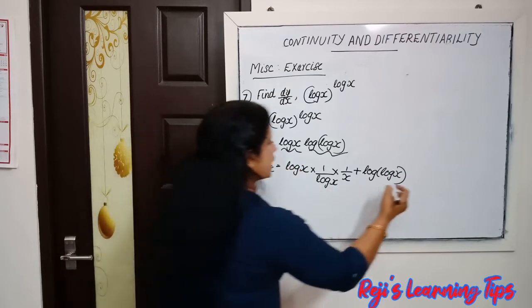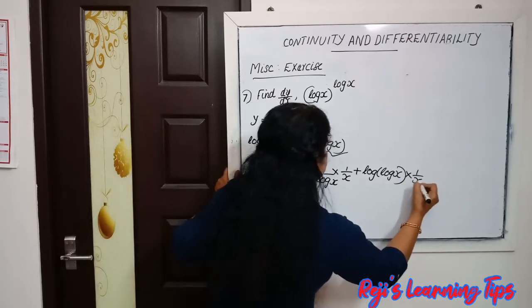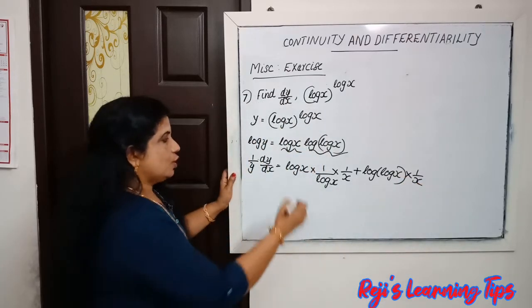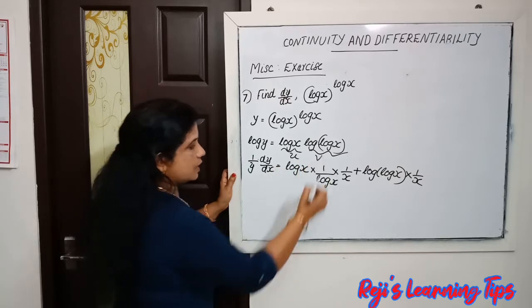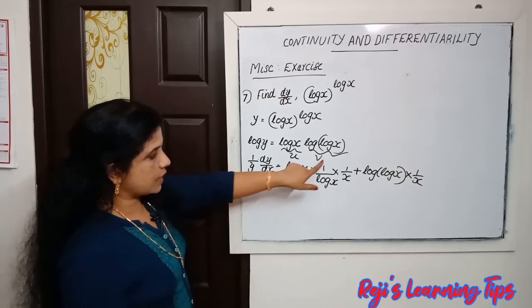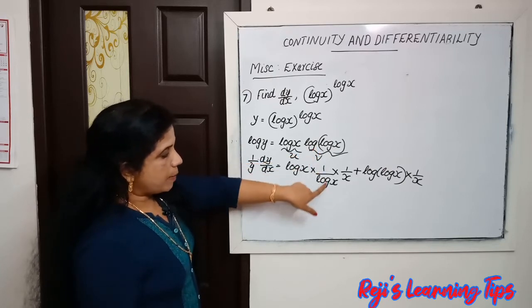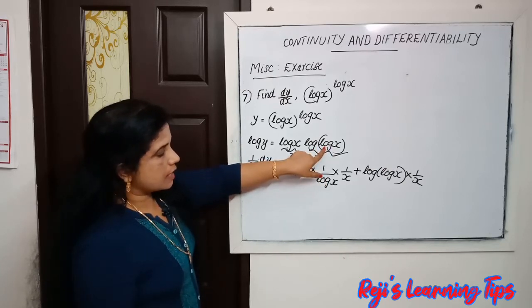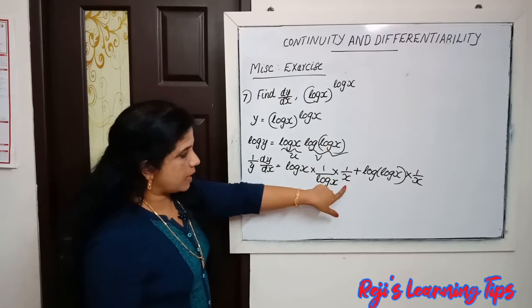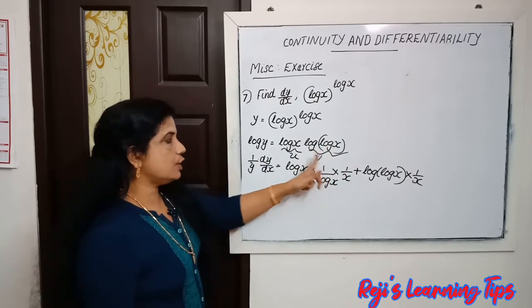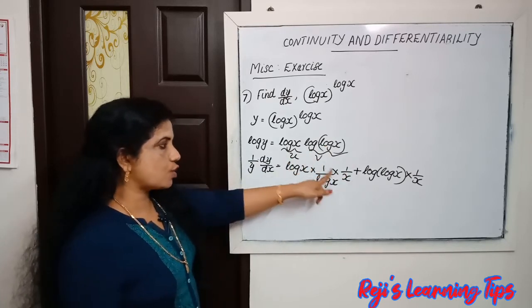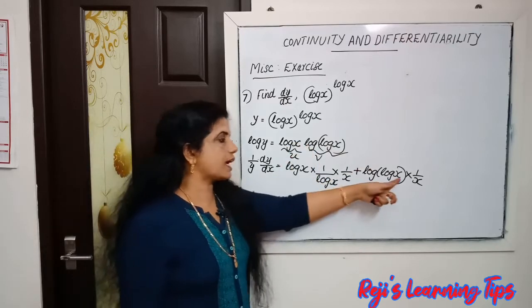Okay, this is u and this is v. So, u into derivative of v: log x into derivative of log(log x), that is 1 by log x, then derivative of log x, that is 1 by x, plus v into u dash. V is log of log x, then derivative of log x is